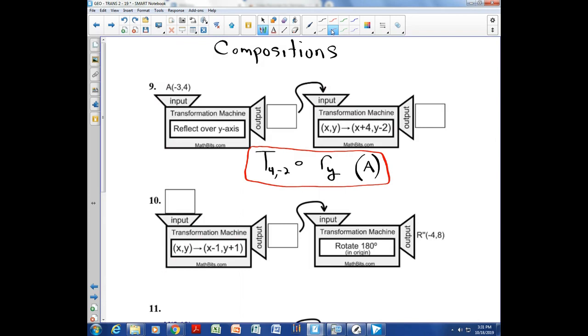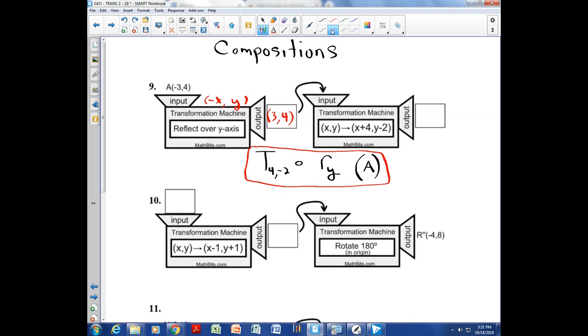To reflect something over the y-axis, I'm just going to put the formula right up here. When we reflect over the y-axis, the y stays the same and we change the x, right? So if we're going to change the x, that x is going to become a positive 3, and the 4 is going to stay the same. And now we're going to take that new point, that's what makes it a composition, (3, 4), and put it into the next machine, and we're going to add 4